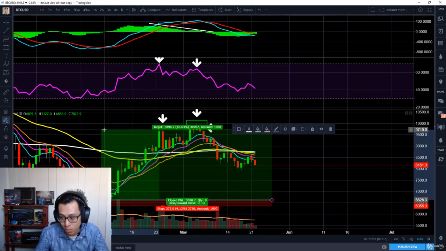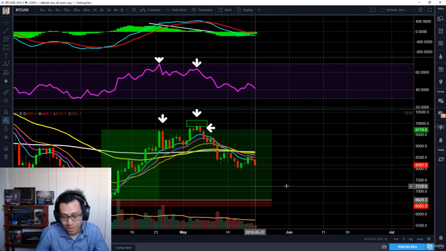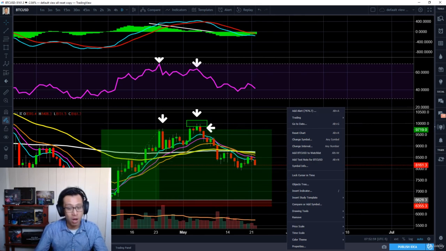And this one, you probably would have rode it for a good 46% gain. Yeah, so I'm using a lot of these strategies to find breakouts, to find really good high probability setups. And this is kind of what I do all day, guys. I look for higher highs on the candles, on the price action, but I look for lower highs on the